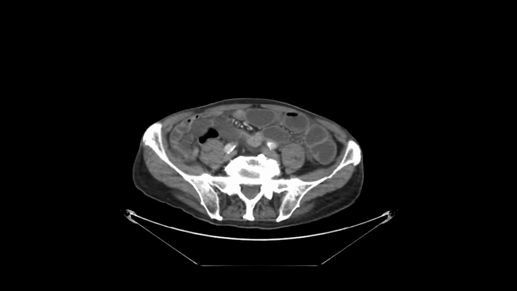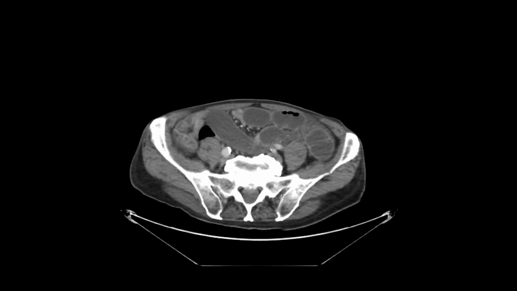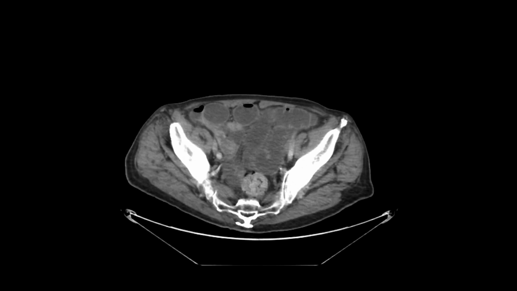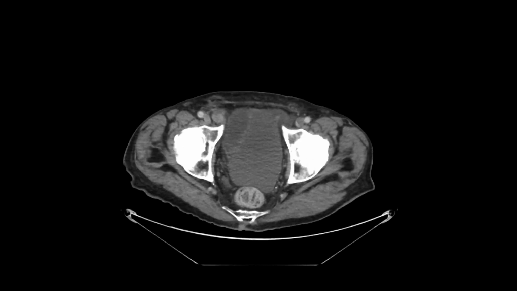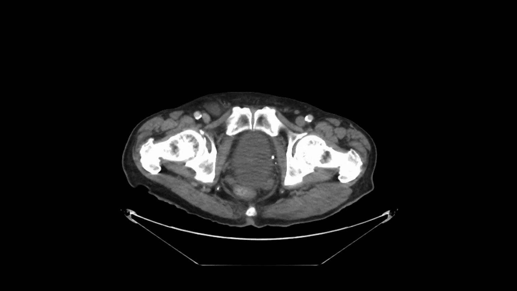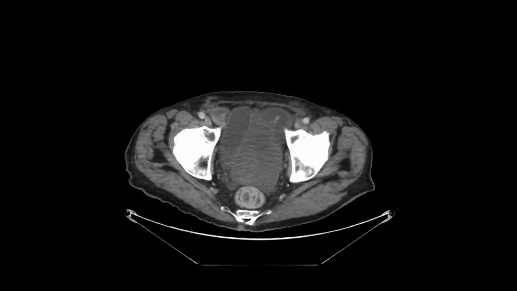Now, the most common cause of small bowel obstruction are adhesions. Another common cause of bowel obstructions are hernias. And so if we scroll downwards in this instance, we can actually see loops of small bowel in the right lower quadrant that are quite distended, and as they go downwards, they are collapsed as they exit into a femoral hernia. The loops coming out of that femoral hernia are also collapsed, and though this is a case of a